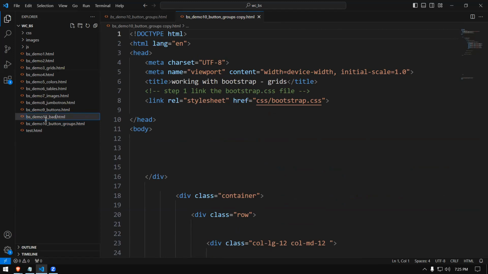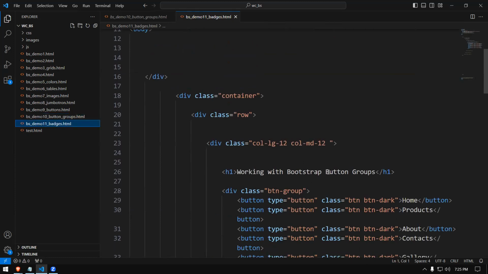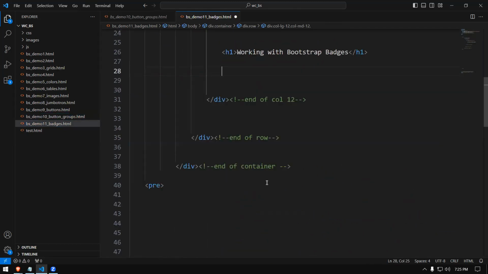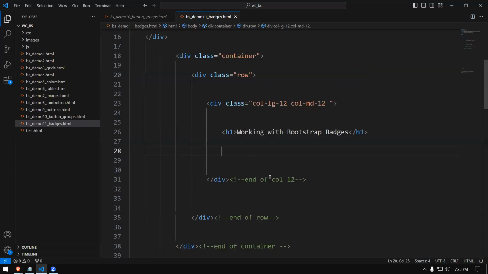Badges. Working with Bootstrap badges is easy, right? So let's say I'm going to type something like